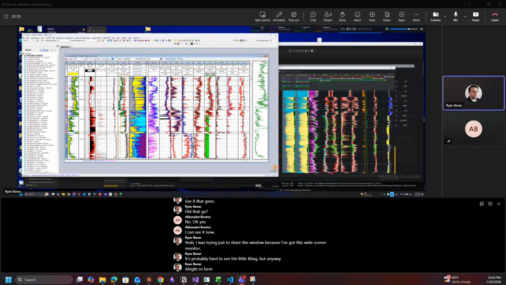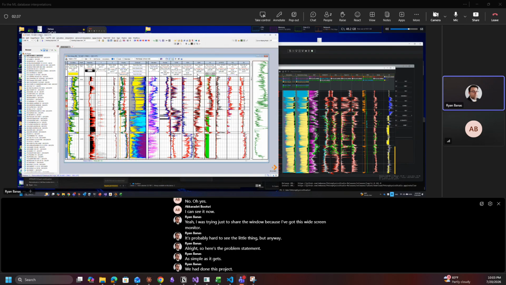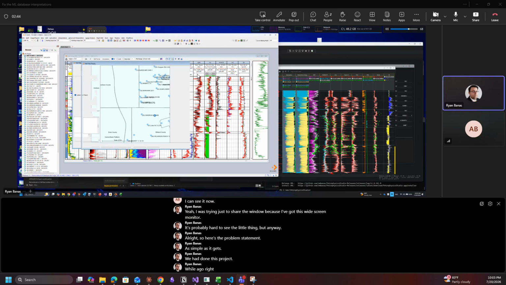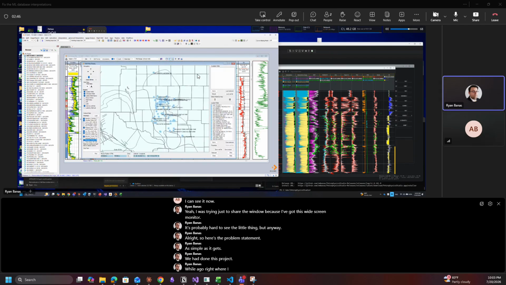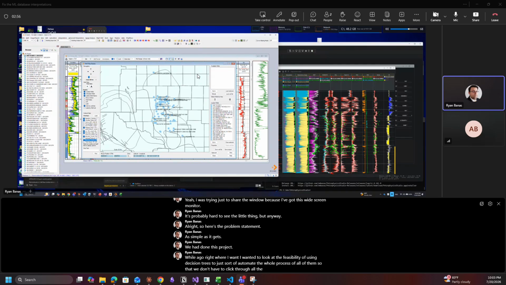All right, so here's the problem statement, as simple as it gets. We had done this project a while ago, where I wanted to look at the feasibility of using decision trees to automate the whole process of all of them so that we don't have to click through all the bullshit, right? And in order to do that,